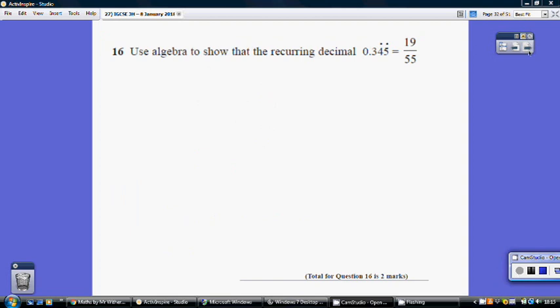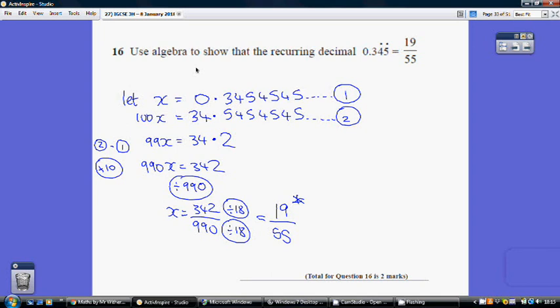Question 16. So we've got to use algebra. Kick off by letting x equal this recurring number, 0.345454 and so on. Okay, the 4 and 5 are recurring. Now, because we've got the double dot, I need you to choose to multiply left and right by 100. Two dots, multiplied by 100; one dot, multiplied by 10. So 100x equals, and everything moves across 2 decimal points,